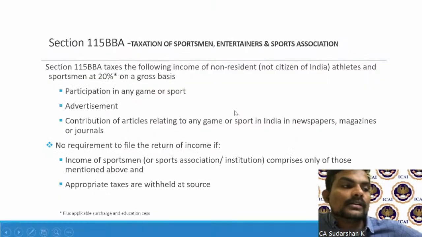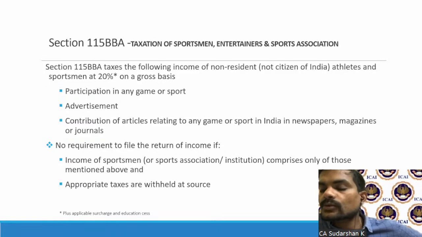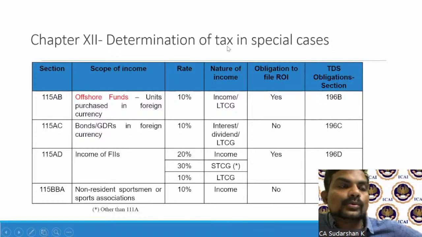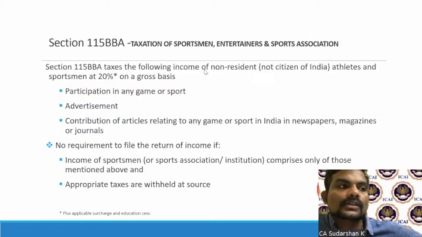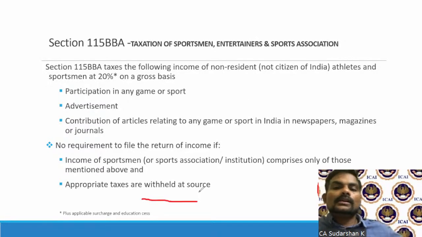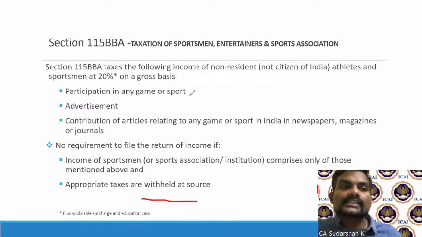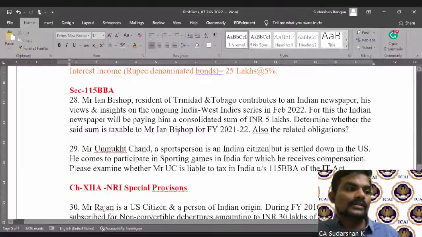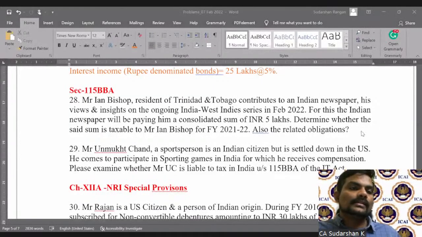And the best part is the person who is going to make the payment will have to withhold the taxes, similar to others, under 194E. Under 194E, you need to withhold taxes. And there is no requirement to file the return. That is, if the 194E tax deduction has happened, then there is no need to file your return of income. So therefore, coming back to this question,